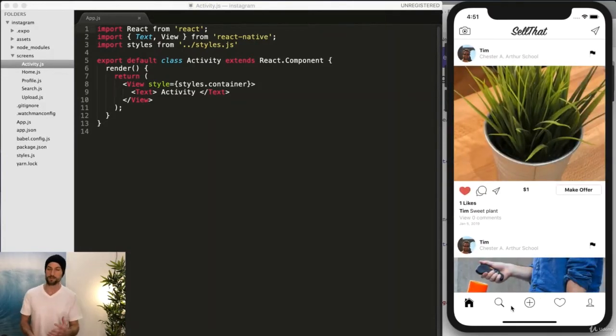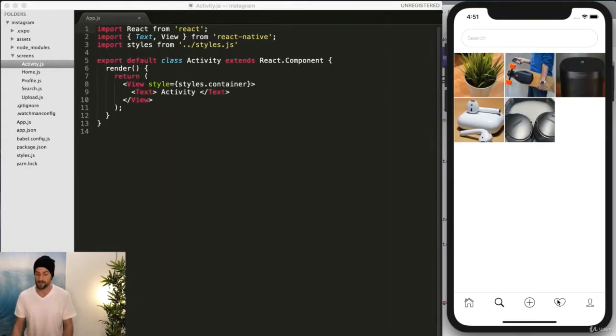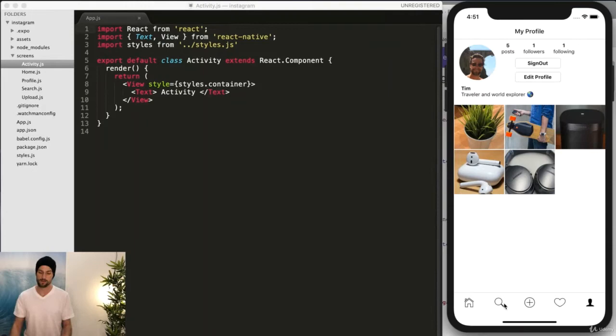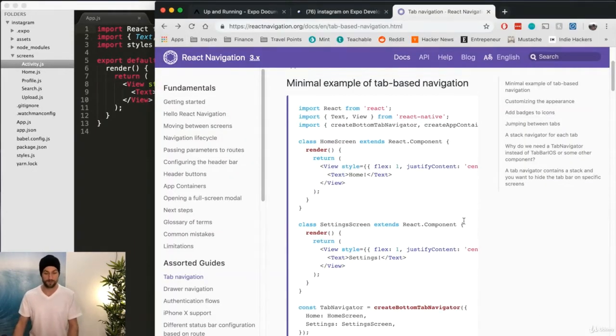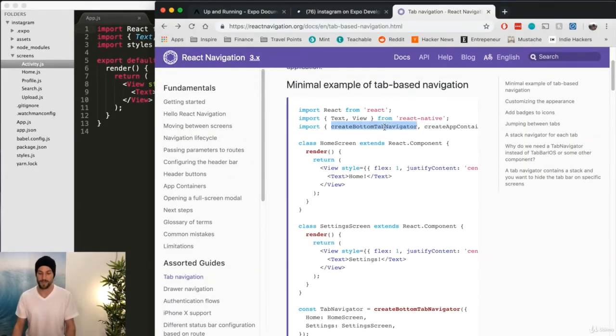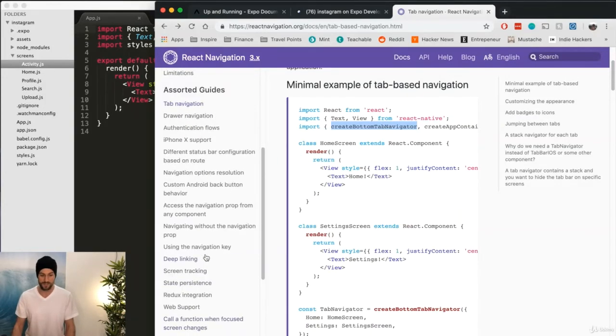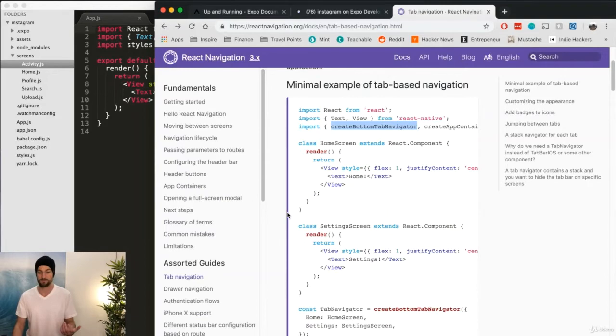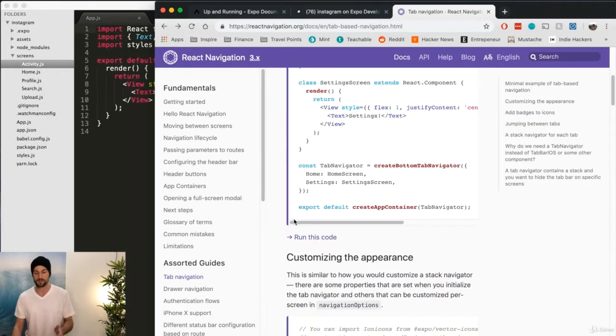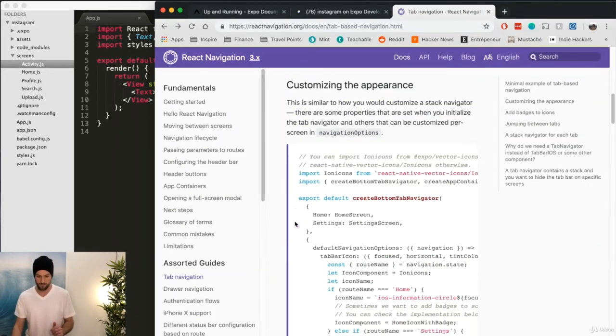And also, by leveraging the bottom tab navigator and the top navigator, we don't have to position the screen a little bit differently. We don't have to style it so that this is always at the bottom. React Navigation handles that. And what we're going to use at first is this createBottomTabNavigator. Now there's a couple different ways you could do this. They also have the create material bottom tab navigator. If we scroll down,